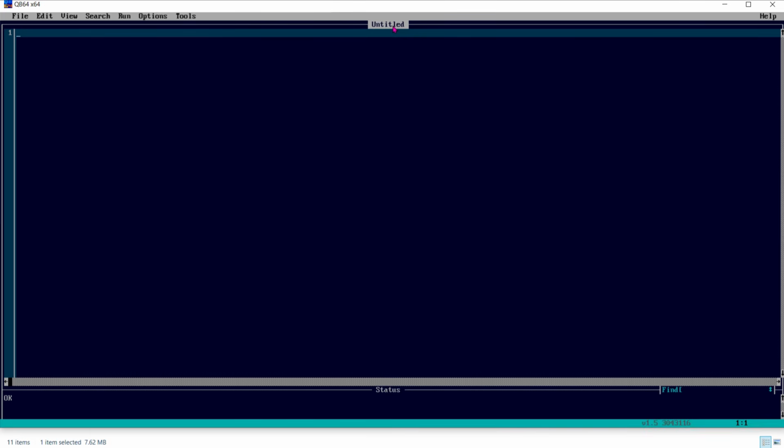This is the program area, and this is the status area. This is the status bar, and here we have the vertical scroll bar and horizontal scroll bar. So we have 7 components of the QB64 window.